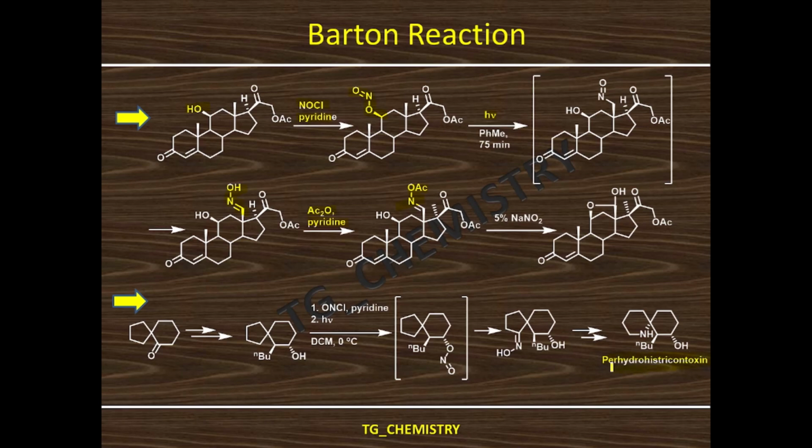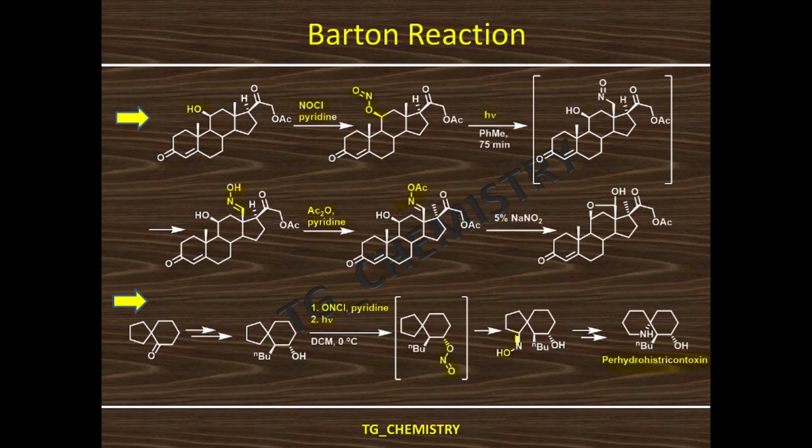This is the target molecule, and it can be obtained from this spiro ketone, and after a few steps the alcohol comes. Then the reaction with NOCl and pyridine will form the nitrite, the alkyl nitrite compound of the spiro isomer, and then photochemical irradiation, here in the second step, lets the Barton reaction proceed, and after this the nitrite goes up